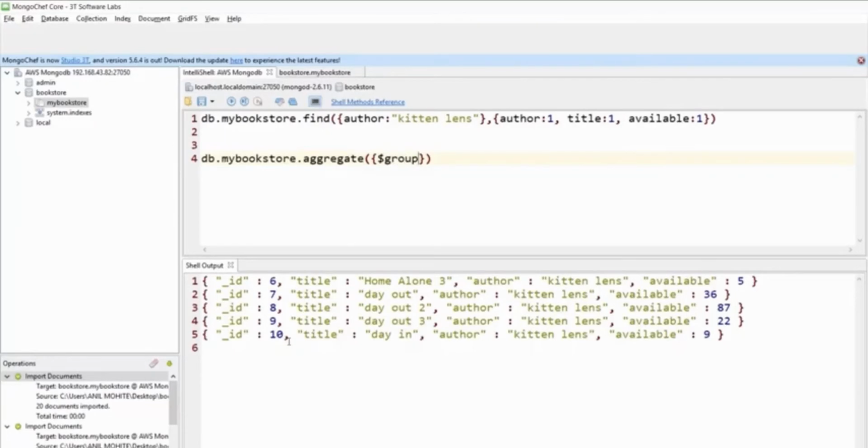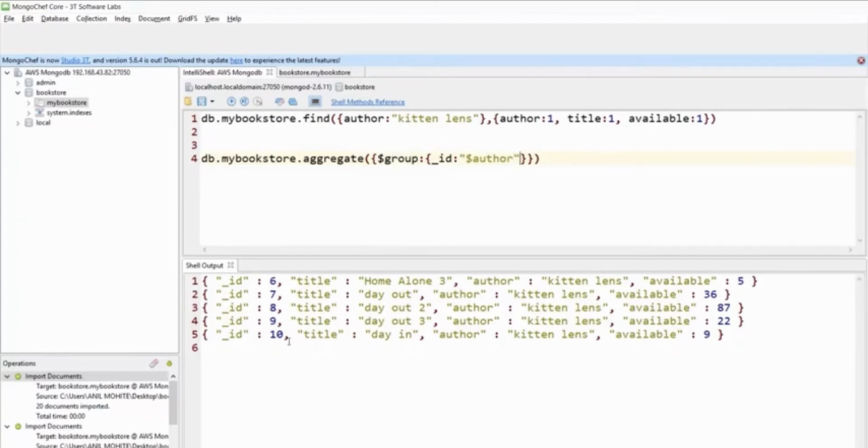Now, $group is very similar to the group by clause in RDBMS. It says that if you want to group on column X, then put the values of column X under the label _id. So I'll say _id: $author, because I want to group by author.